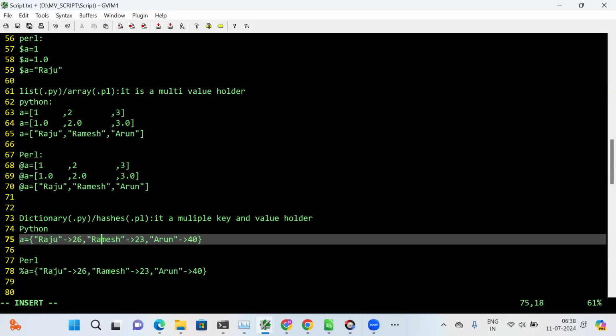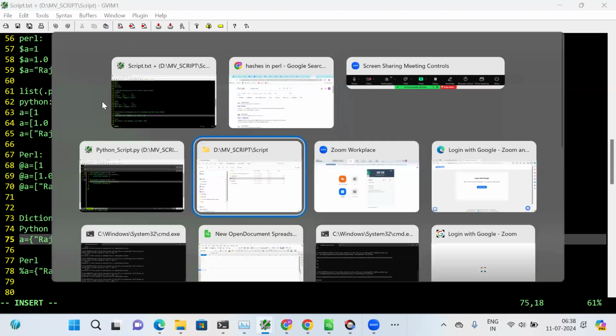Key and value. Raju, age is what? 30. Ramesh, age is 40. Like this, key and value. If you need it, you need to go for the third data type. Clear? Now, if you know this much, you need to tell me which topics we completed yesterday